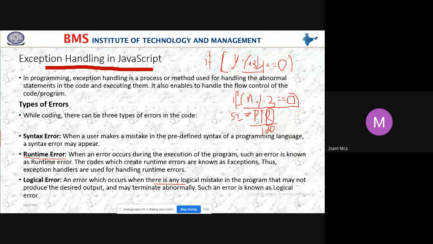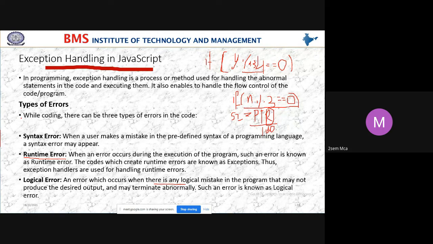The code which creates a runtime error is known as an exception. Thus, exception handlers are used to handle runtime errors.